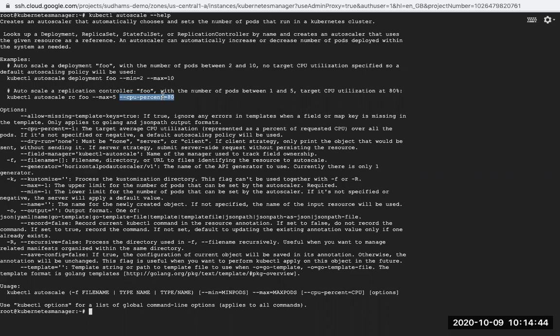Now it is running only 1. Additional 4 will be created in order to reduce the CPU utilization. Once the CPU utilization is reduced, automatically the replicas also will get reduced, to balance your load equally on different pods. That is the intention of using horizontal pod auto scaling in Kubernetes.